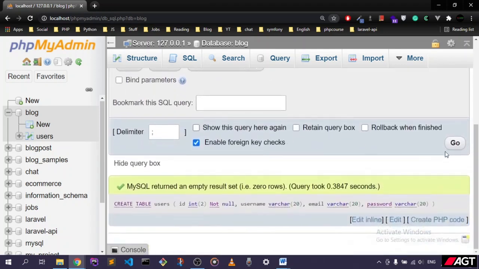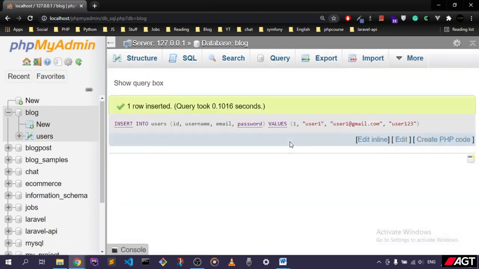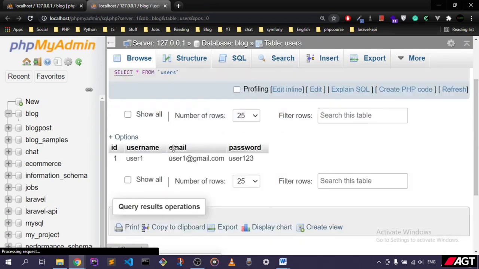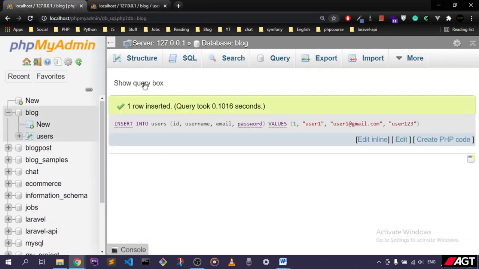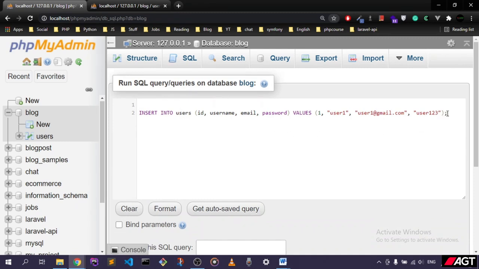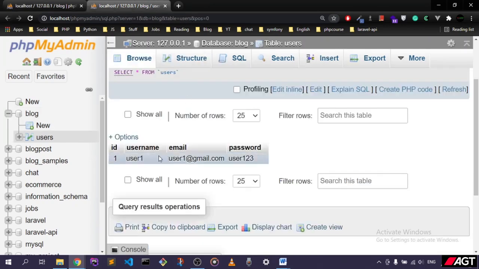And if I go ahead and click on go, you can see right here that we actually inserted the data, and you can see right here one row inserted. And if I go ahead and just open this in a new tab right there, okay, now we can see our data is just right here. Okay, now we inserted just one data, just one row right here. This right here is called a row. Okay,